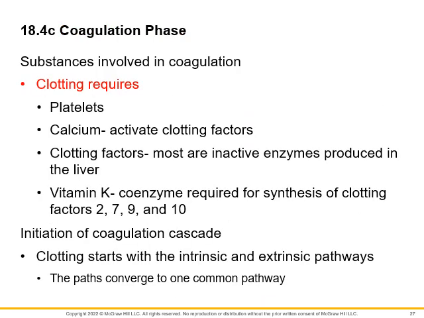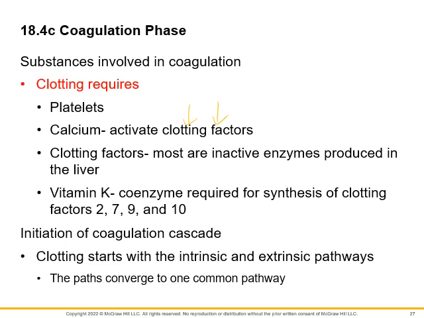These are the substances that are required for clotting. So you have to have platelets. You got to plug the hole first, and the platelets are going to release chemicals that bring more platelets to them. So you have to have the platelets. You have to have calcium. We're going to talk about clotting factors in just a second. And if you had me for 201, you know that I've talked about you need calcium for every muscle to fire or to contract, every nerve to fire, and for clotting. So I've said that repeatedly from the beginning